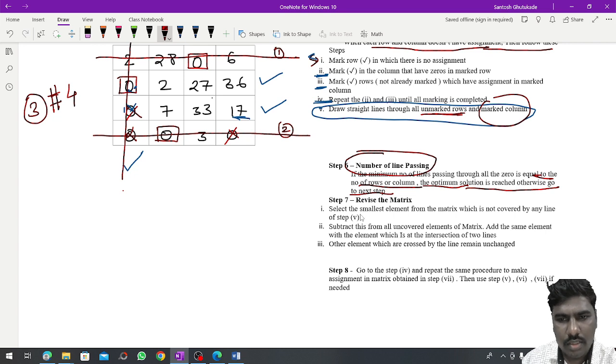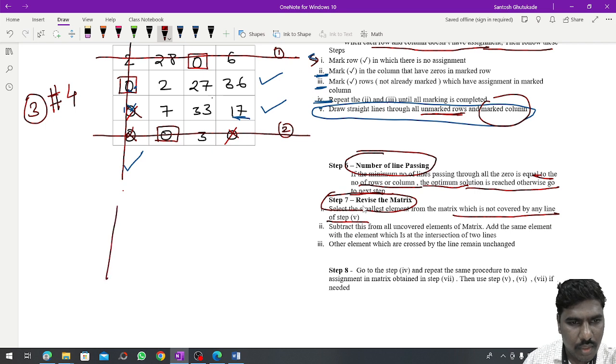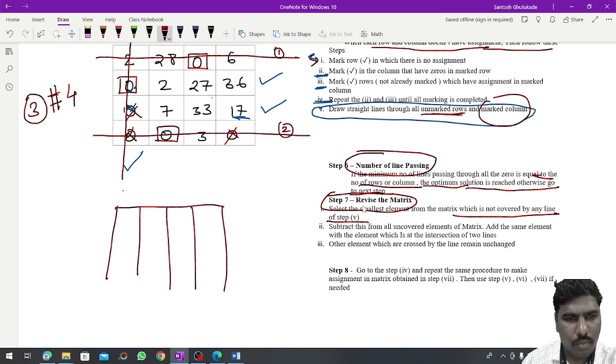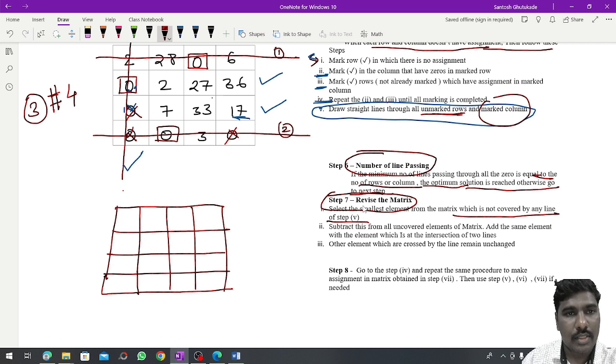So in step number 7, revise the matrix. Here, select the smallest element from the matrix which is not covered by the line of step number 5. Now I will prepare a table here, and then I will explain steps 2, 3 and 4. So this is a 4 by 4 matrix. Now what is given in step number 7?